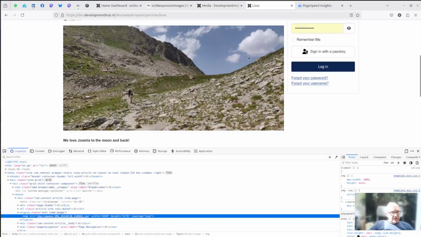So this is it. It's as simple as that. Increase the performance of your site, in this case by 25%, and increase your SEO score by almost 10% by just installing OCH responsive images, configuring it, and letting it do all the heavy lifting for you. I hope you are as impressed as I am. This is really a powerful plugin, and I hope you enjoyed the video, and see you on the next one.